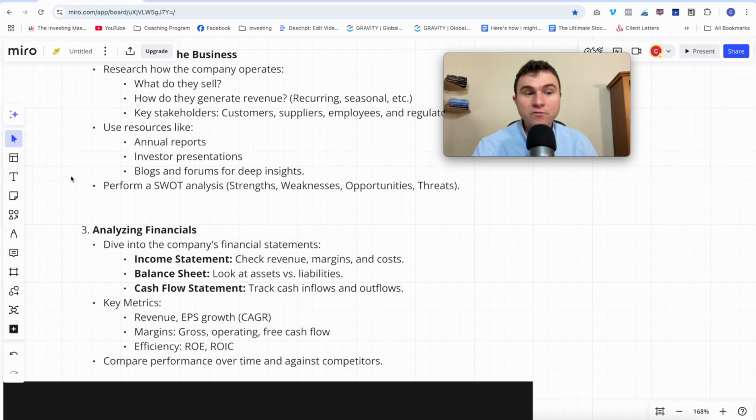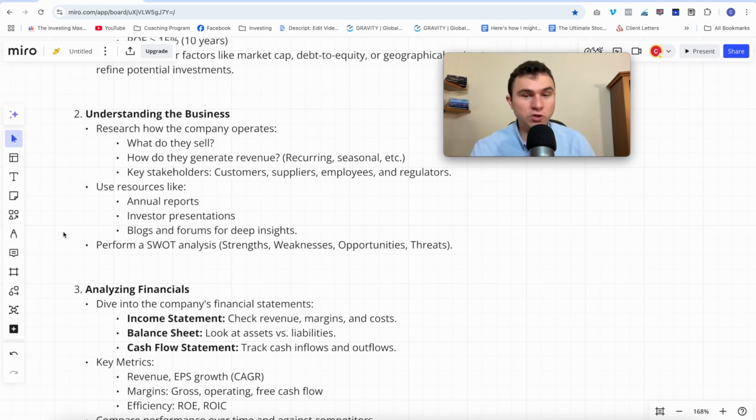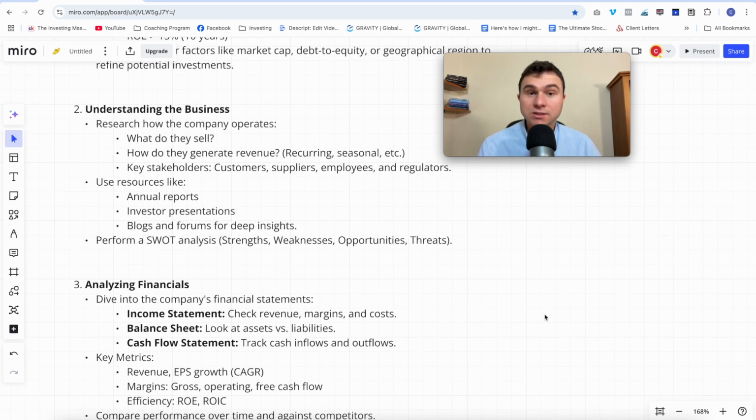By the way, for every step of the research process, take a text edit, take a Word document. That's what I do, and I ask my questions along the way, because questions will be raised, and at the end of each step you try to answer these questions. If you can't answer these questions, one, that's a very bad sign. Two, it means you don't really understand the business model. Three, it may be too complex, so put the investment in the too-hard pile, or there may be some tricky accounting.